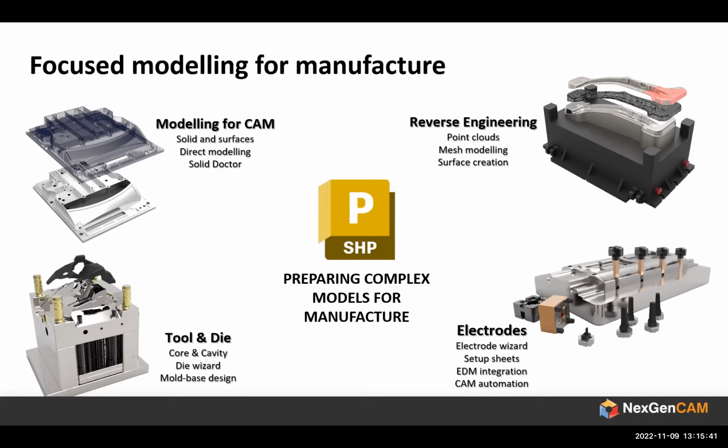Electrodes are one of those things that can be handled in the engineering department, but oftentimes what we find is that once it gets to the shop floor, the engineered or designed electrodes might actually need a little bit more engineering to get them to manufacture properly. With PowerShape, the ease of use in the electrode world, from concept of design all the way through into PowerMill for manufacturing, is a workflow that is so easy to learn and do that we find our customers